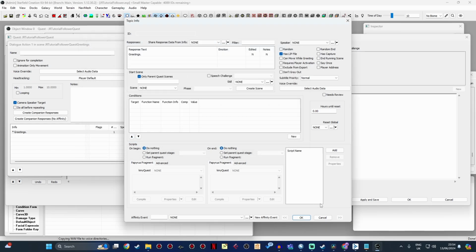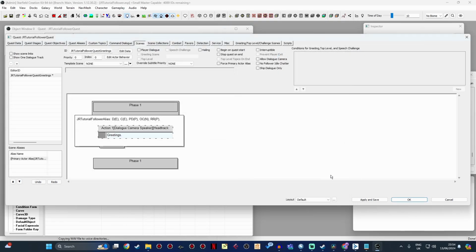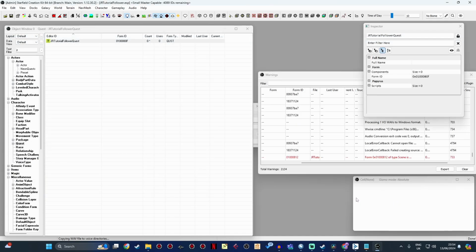Instead, you have to press OK, press OK, press OK, press OK, and then go over here to Audio and click Process Local Voice WAVs. Click that and just look out for errors over here in the warning window. Any errors to do with WWise might indicate there's been a problem.